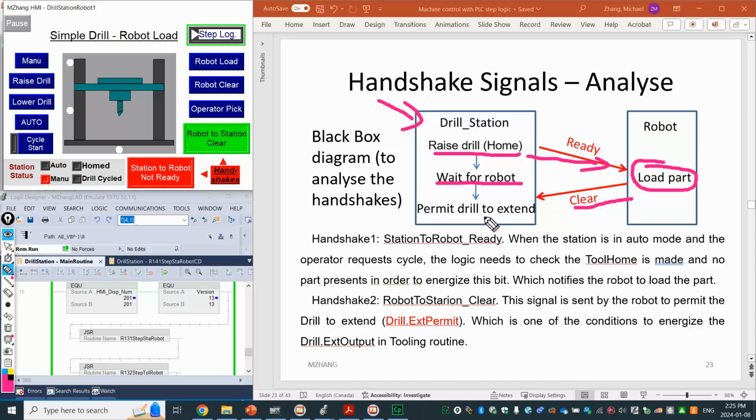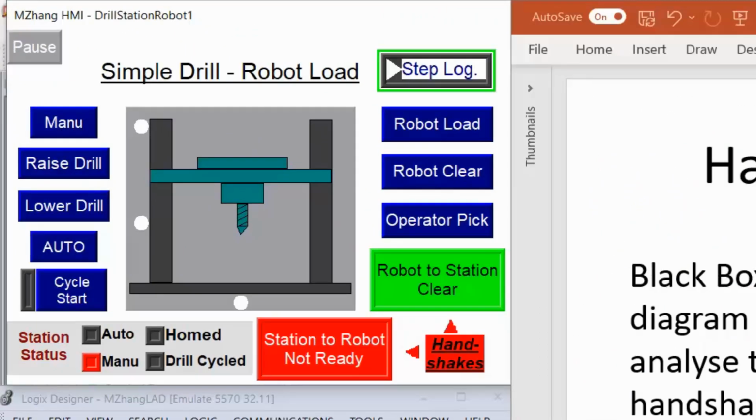So you can go ahead to process the part. Right? So that's basically what those two signals do with the information. All right. So I think it's better to demonstrate the process. All right. So let's look at the